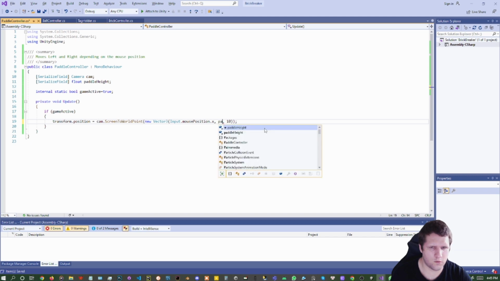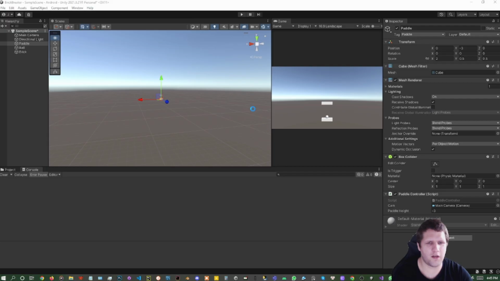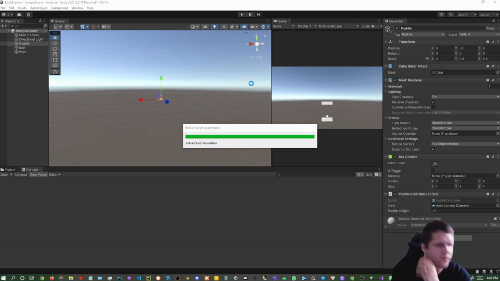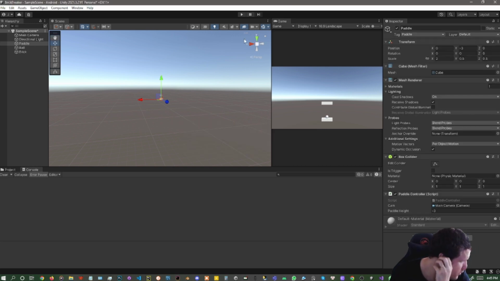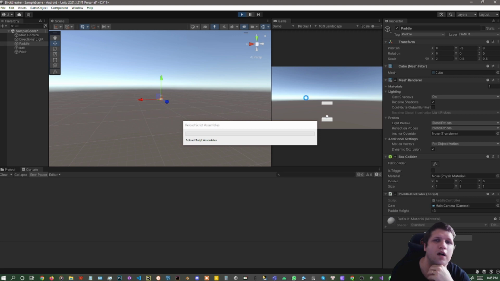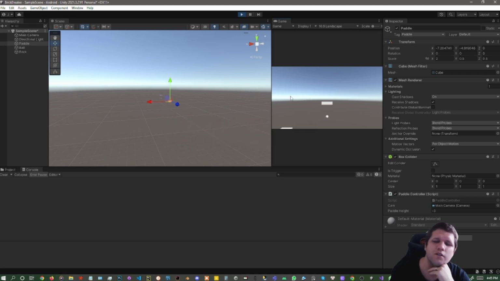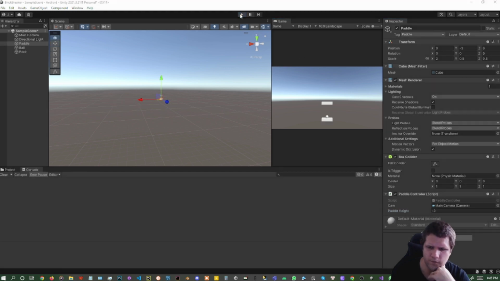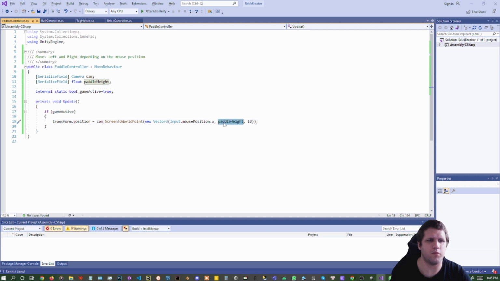So this will be paddle height. Let's save it. We want to lock the mouse on screen later. Oh, too low. It's at -4. Why is it at -4? About -2. Because